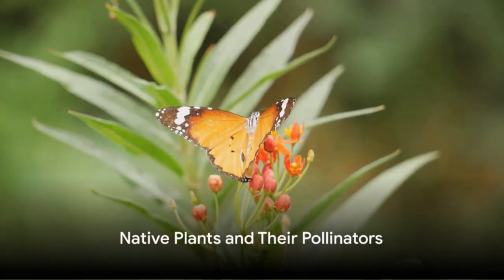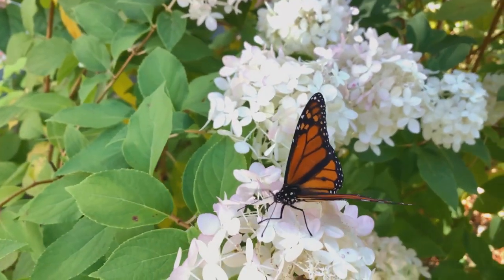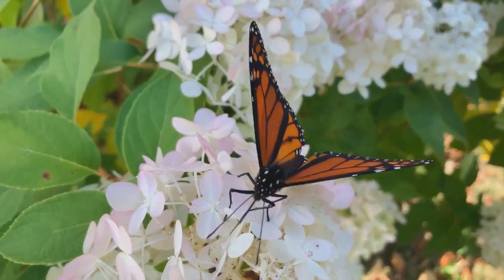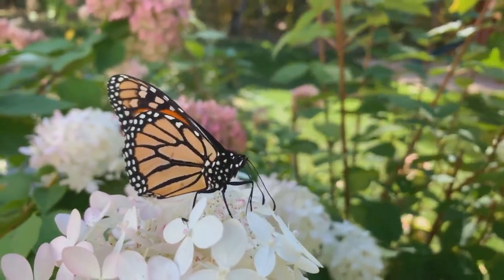Now, have you ever considered the relationship between these pollinators and the plants in your backyard? The harmony that exists between native plants and their pollinators is nothing short of remarkable. Take, for instance, milkweeds. These plants are a magnet for monarch butterflies, providing them with vital nutrients and a place